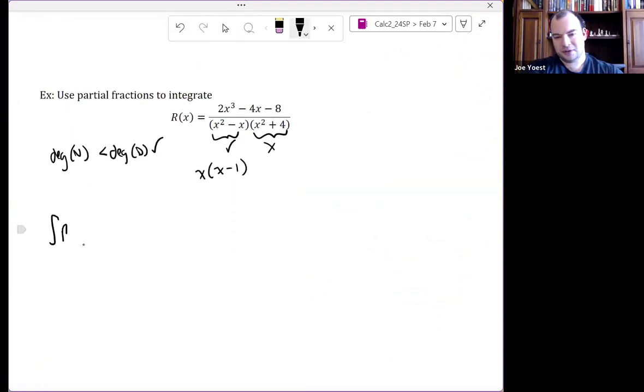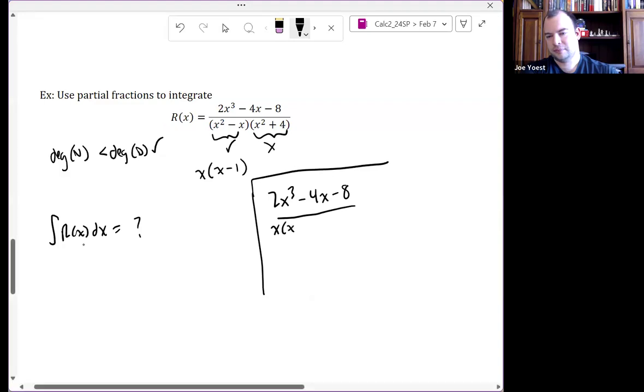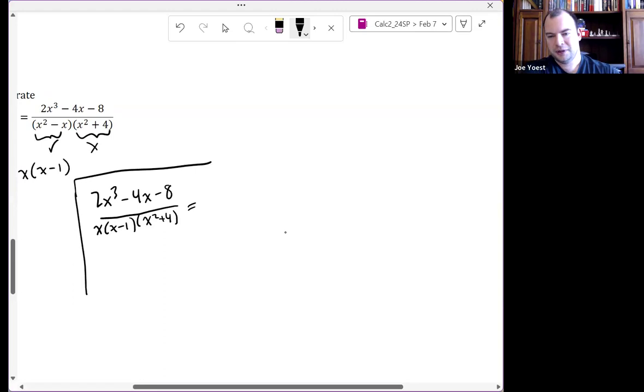Okay, so I want the integral of r of x dx. And again, I'll come over to here and do my partial fractions work. I don't want to have to keep writing integral and dx and all of that. Okay, so this rational expression is equal to,